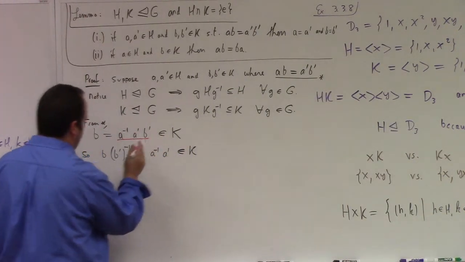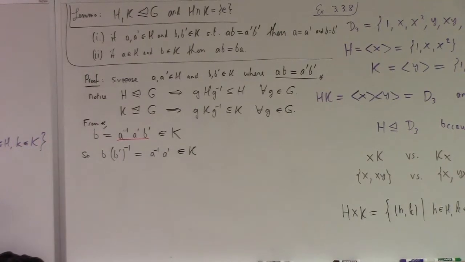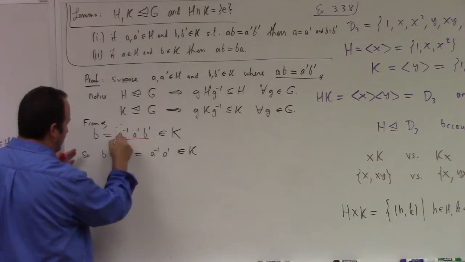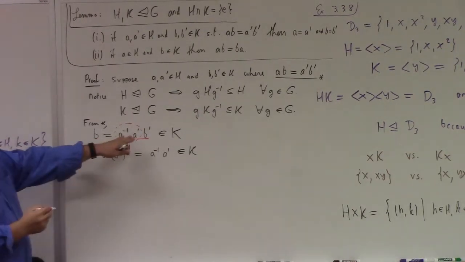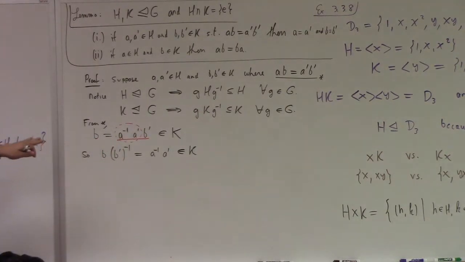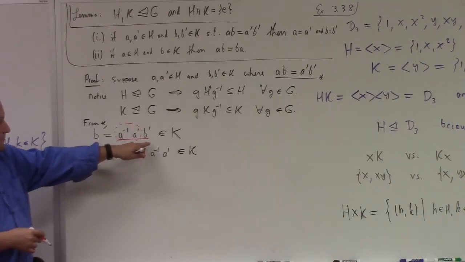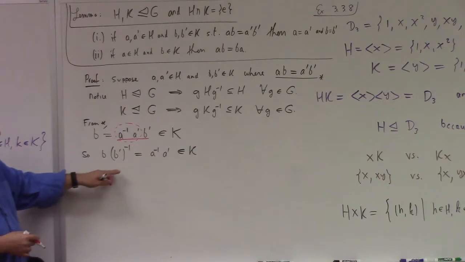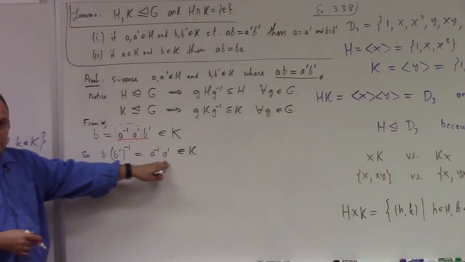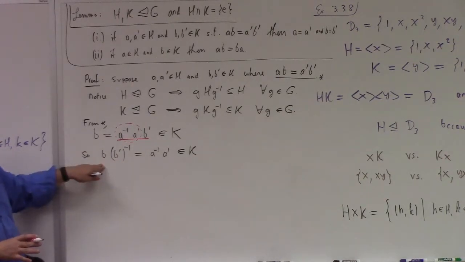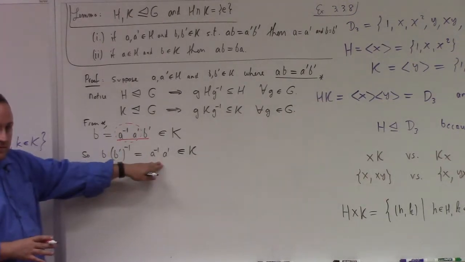So nobody had trouble with the top one because b is in K. Then, because we're looking at something we don't have a full understanding of where it's at, this part, yeah? I mean, we know that's an H for sure, right? We know the thing I just circled is an H. That's not up for grabs because it's a product of things in H. When we multiply it by something in K, like, what's going on here? But if I multiply by the inverse of b prime, that isolates a inverse a prime, which is something, by the way, that's clearly in H. But now, since it's a product of things in K, it's also clearly in K. So therefore,